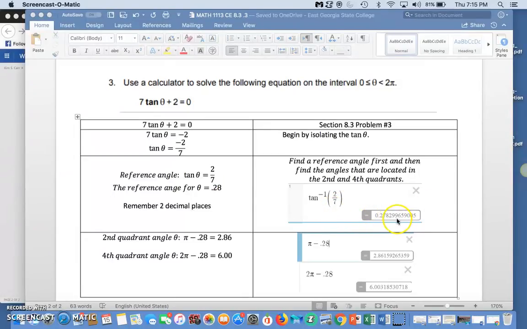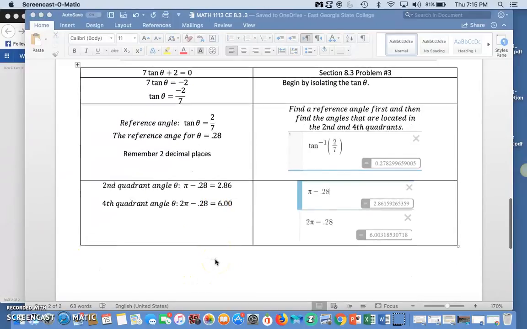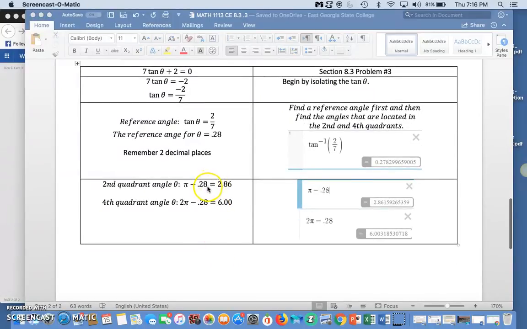It won't be in pi, it's just going to be a decimal. We round it to 0.28. That is the reference. To find the angle in the second and fourth quadrant that actually have that as their reference angle, to get to a second quadrant, it's pi minus 0.28, 2.86, and the fourth quadrant one would be